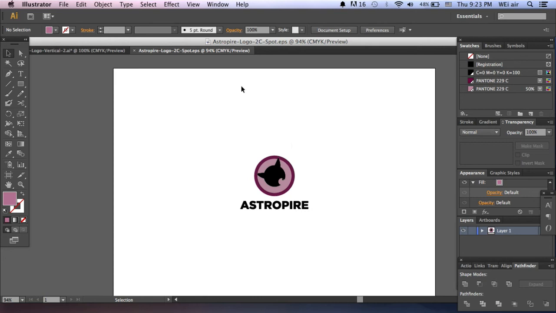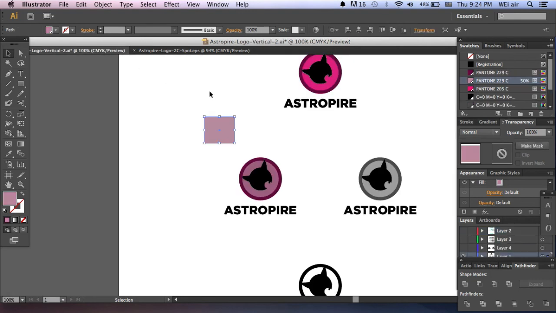Save. Okay, so we save again. So now this is correct because for FA, you should not have any swatches that are not being used on your logo. In this version, there's only the Pantone 229, the Pantone 229 50%, and also the black. Okay, so let's get to